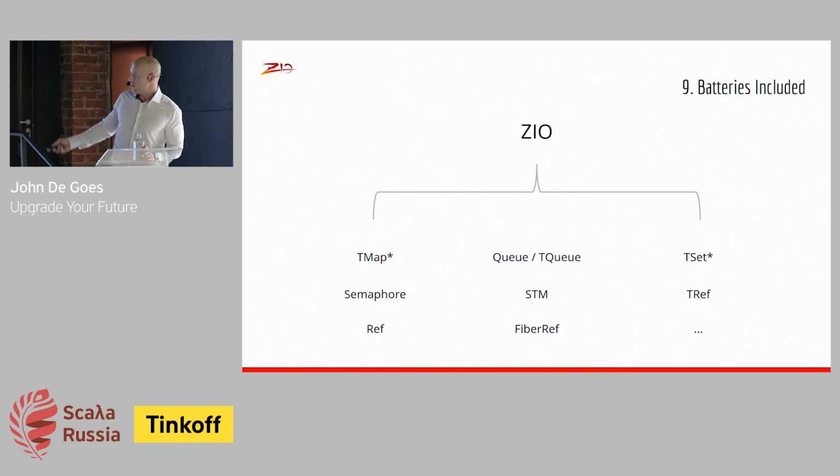But ZIO gives you the same toolkit, more or less, actually a slightly more complete toolkit than Java Util Concurrent gives you. It gives you the concurrent map and the concurrent queue, concurrent set, the semaphore, references that can be updated concurrently, a version of thread local that works for a fiber-based concurrency system, and even software transactional memory, which is an extraordinarily powerful way to think about building concurrent applications.